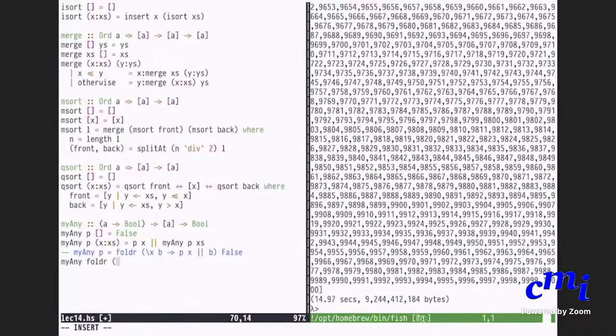You just want to do foldr of the OR function with initial value false on map P l. myAny P l equals foldr of OR over false on map P l. Map P l will be a list of bools. Once you have a list of bools, you want to do an OR of all of them, and the way to do it is foldr of OR with false as the initial value, because false is the identity for OR. You can do either foldr or foldl, whichever.